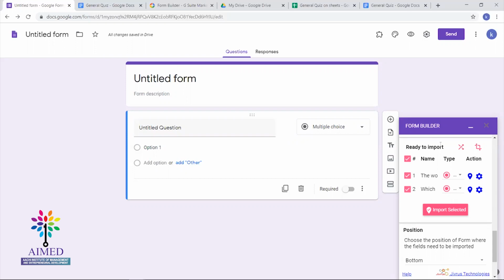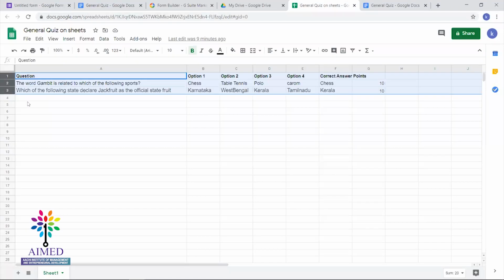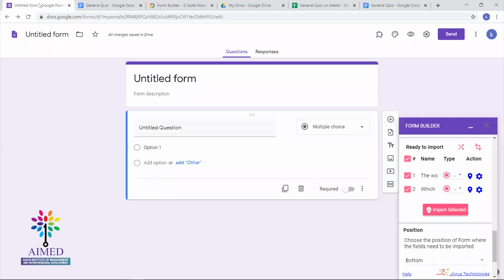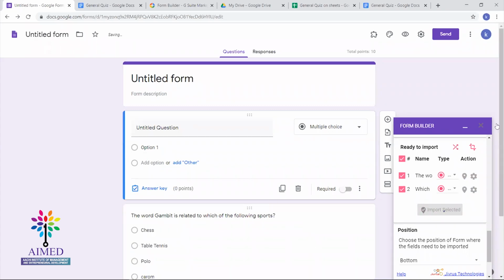In the ready to import section, you have got the 2 questions which are available in your sheet, like the world game gambit and which of the following is the question starting, and you can see the options also there. If you select import selected, those will be added to your form.